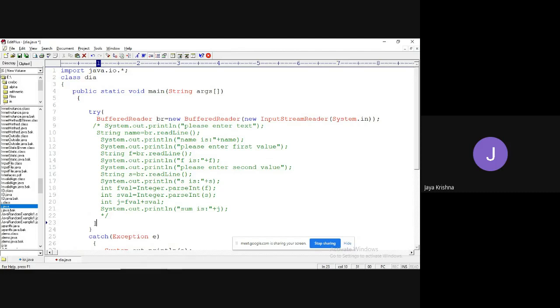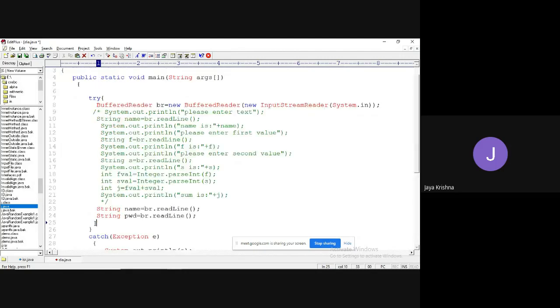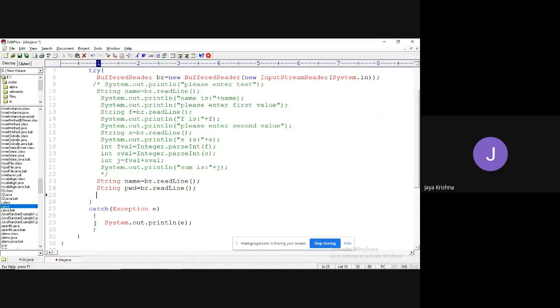I'm going to read a name: String name equal to br.readLine. Then a password: String pw equal to br.readLine. Now we are trying to read some data.